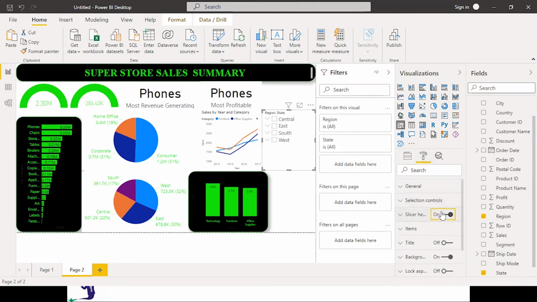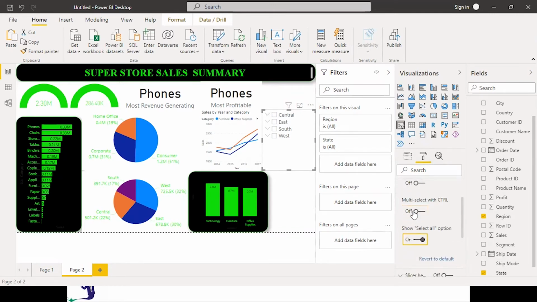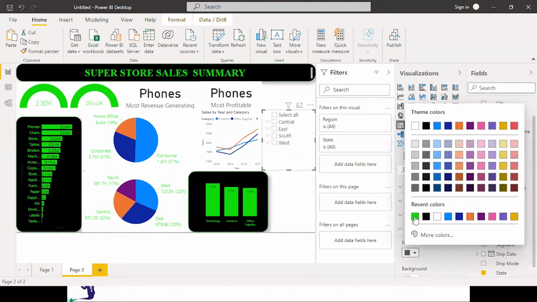Selection header, we don't want. Selection control, this, and I want select all options. Items color I need as green.